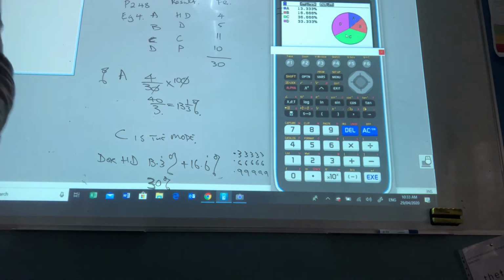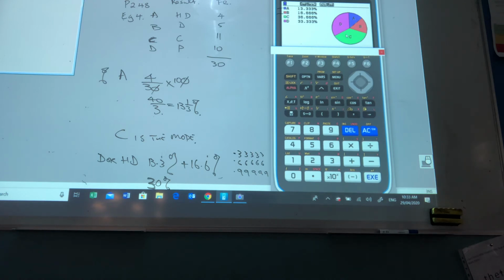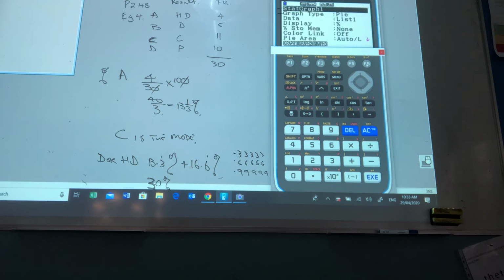Okay, if you want to see some different graphs, just have a look. That was obviously a pie graph, so if I exit that and go set again, and I want a different graph, I scroll down to this one, and I have a look at what other graphs I can have. I can have a histogram. So let's go histogram, exit, graph 1. We start at 0, the width is 1. That's close enough. Let's go execute. And it's come out with those